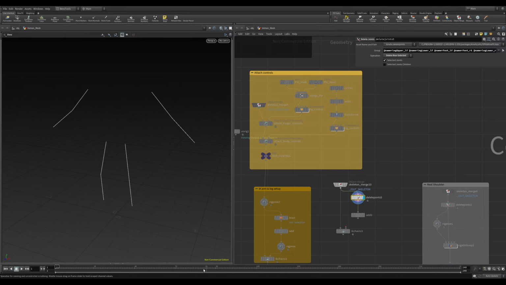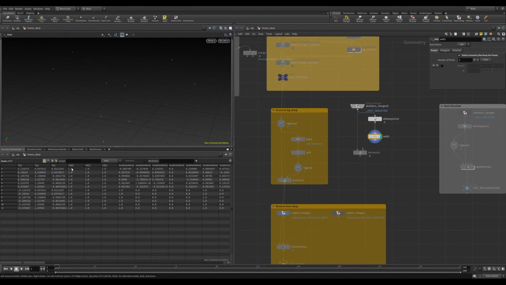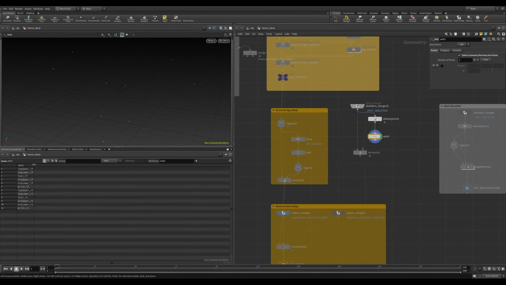And there we go. So then add, we're telling it to delete points, but keep geometry, we're good. Now, if we look at our spreadsheet and attribute name, okay, they're the same name as